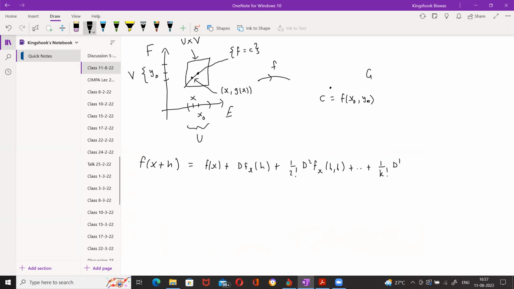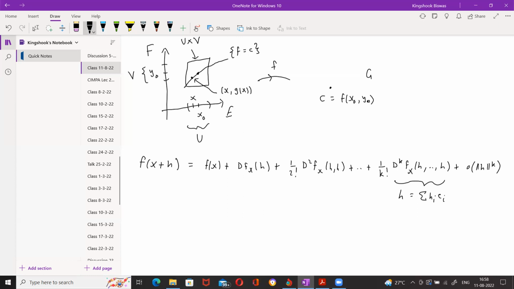So let's look at, for example, the kth term, 1 over k factorial d^k f_x(h, ..., h). Plus there's the remainder term, which I'll just write as little o of norm h to the k. So this term here, I can expand out using multilinearity, right? If I write h is equal to the summation of h_i e_i,